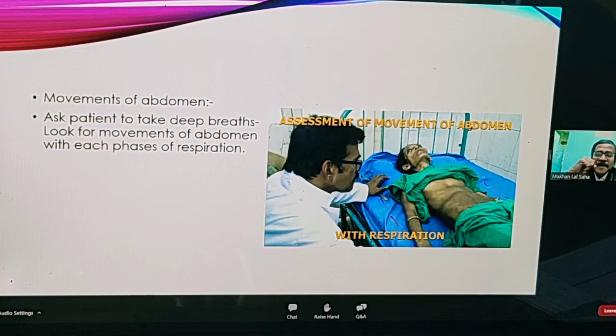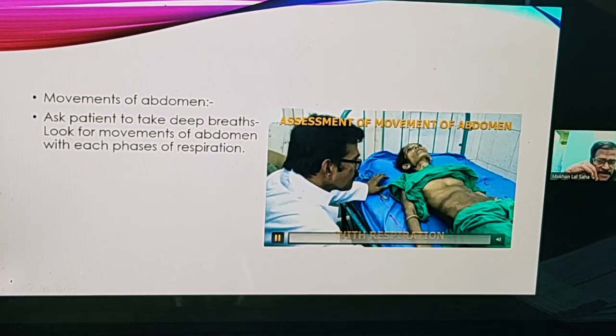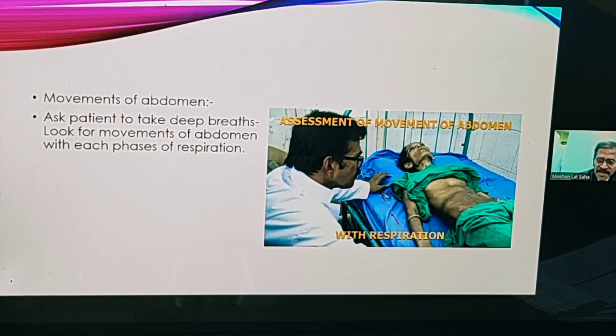The next part in the examination is assess the movements of the abdomen. There are a number of things in the abdomen one should assess in the heading of abdominal movements. The first is movements with respiration. You sit at the bedside of the patient, ask the patient to take normal breathing, and normal abdominal movement, if there is respiration, you call that respiration is abdominothoracic. Next is